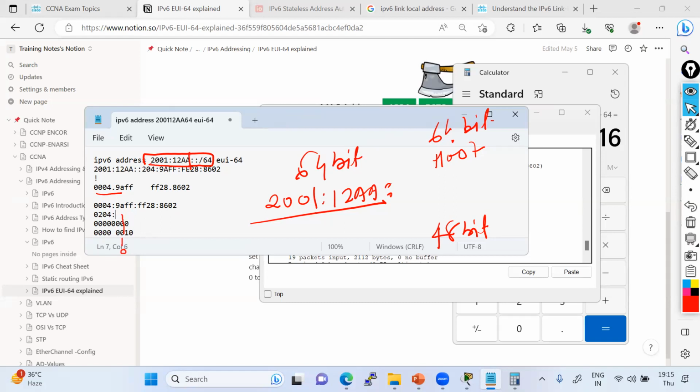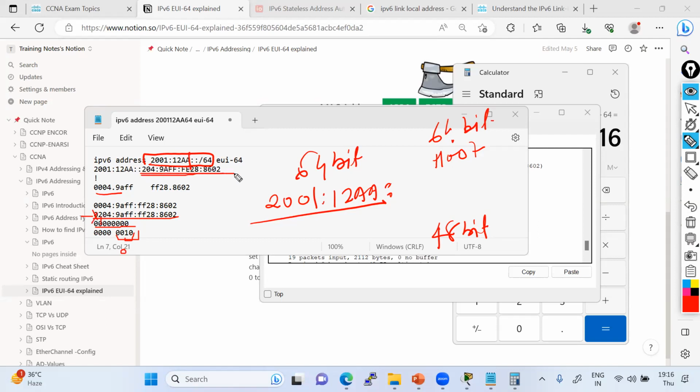And now just append these addresses as it is. So this is your new IP that is going to be created by the machine. So this is a new IP. So we make this 10 into binary. If you convert all these values to decimal, it will become the number 2. If you convert this, it is going to be 0. And this 4, so this is what your IP address becomes, and this is the same as what the machine calculated, right? So this is your IP address. You can remove this 0 while writing the IP address. It becomes 204. There is no problem.